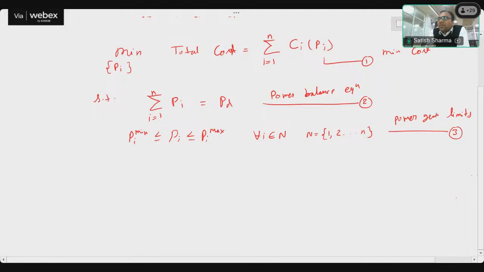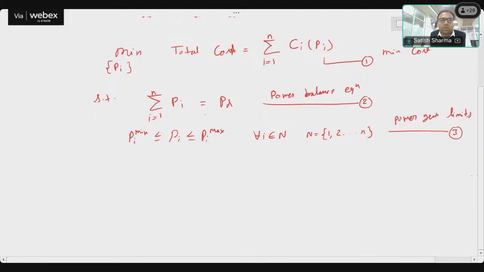So Anand is saying that it's non-linear. Which equation is non-linear, Anand? Can you put a number? I have mentioned 1, 2, and 3. Power balance equation number 2. Gagan is saying that non-linear, because quadratic cost functions are used. So Anand,